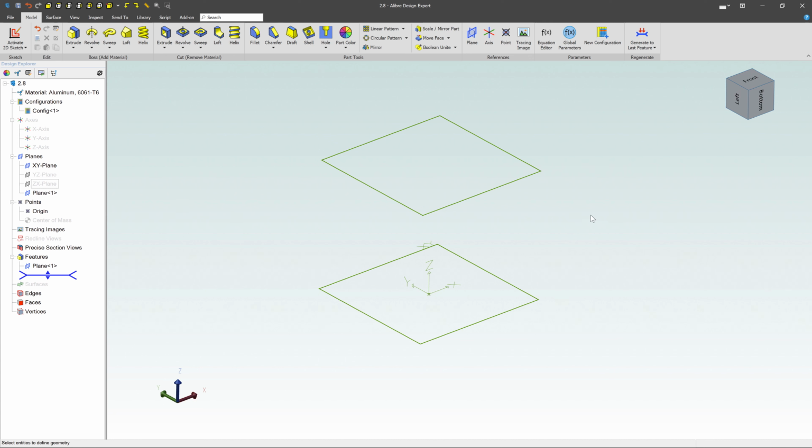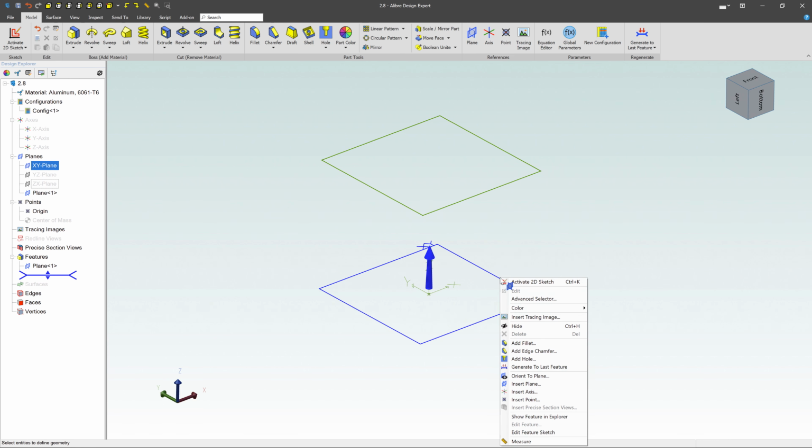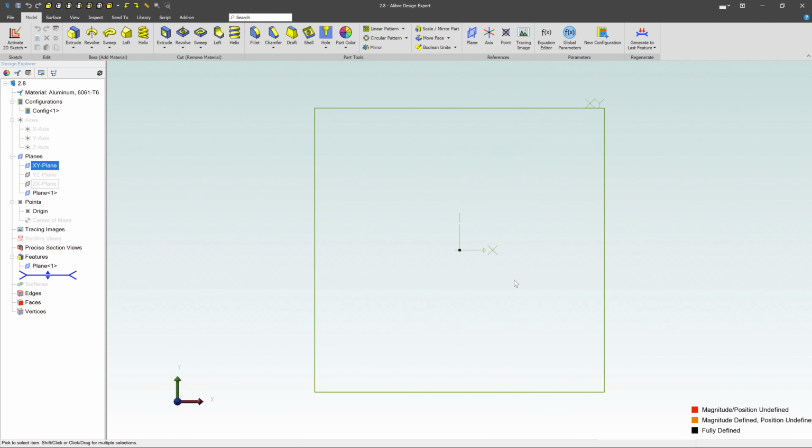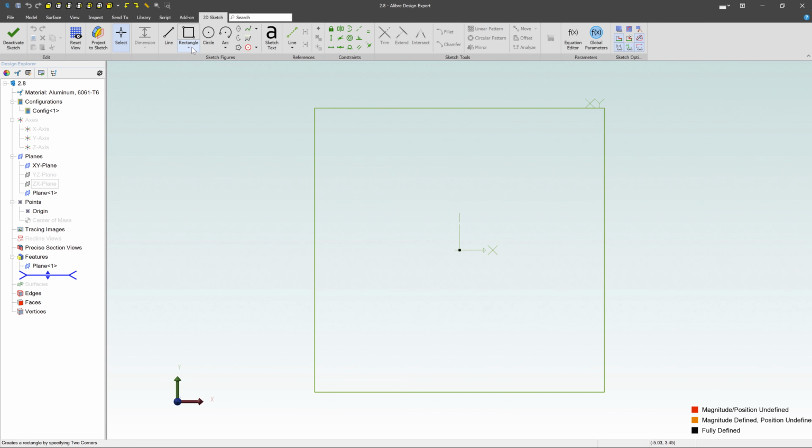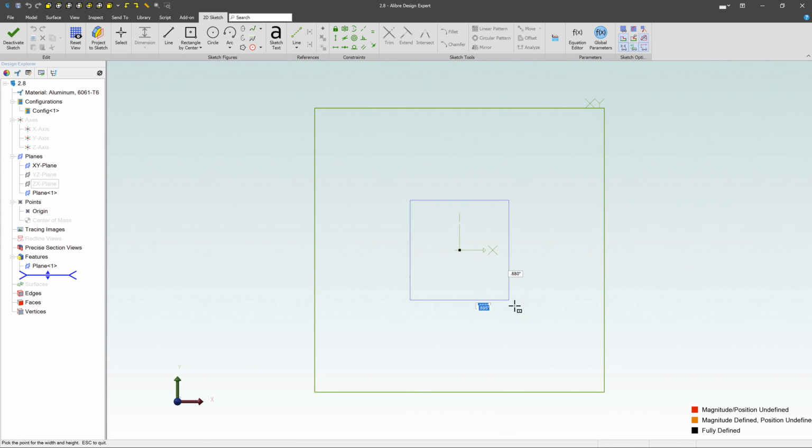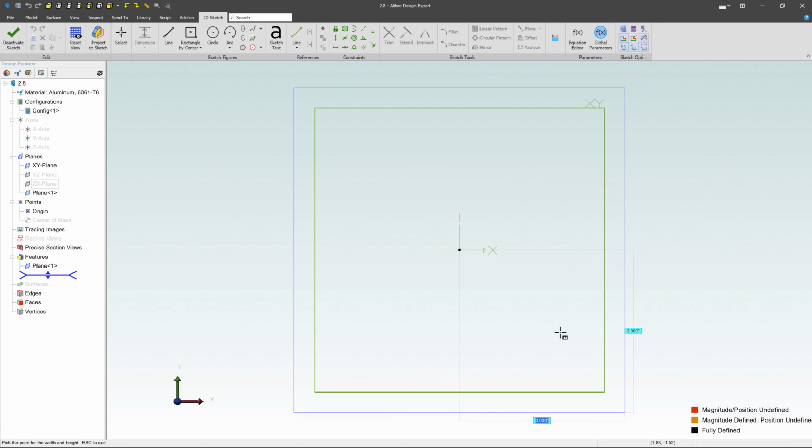And now what I want to do is create some individual sketch geometry. So come down here, select that plane right there. I'm going to right click on it and I'm going to say I want to activate a sketch. So let's just do something super basic. Let's just create a center point rectangle. So I'm going to start at the center. I'm going to drag something out here. I'm going to type in something like 3 inches here, hit tab, hit 3 inches there,